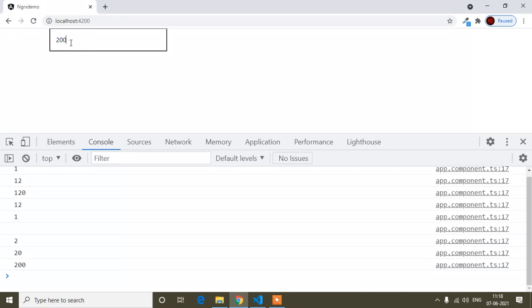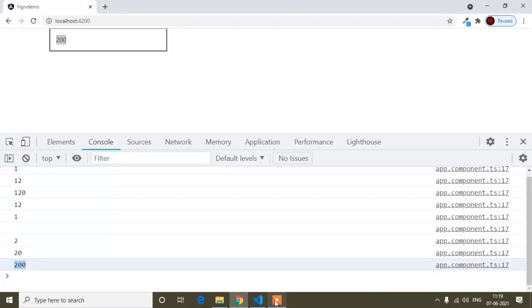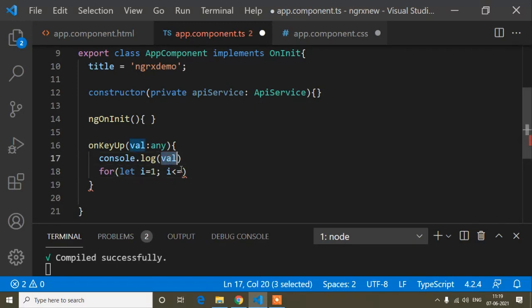Suppose I press 200, I will loop up to 200, and first of all I will start from 1. So I have written that I will start from 1 and go up to the value. Value means 200, so here I will write this value. I will copy this value and remove this console because I don't need it now.